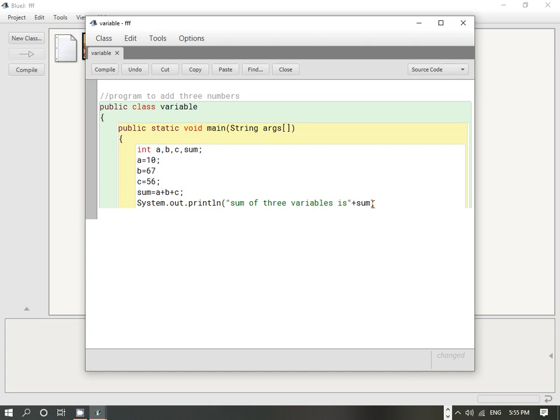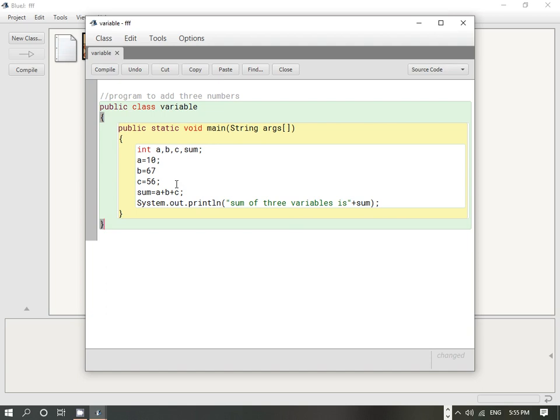We just write down the variable name. If I put inverted comma around it, it is going to print the word sum in our output. This will not print the value. So we need the value, and for that we just write down plus and then sum, and then here we have to provide a semicolon. And then we have to close the bracket.